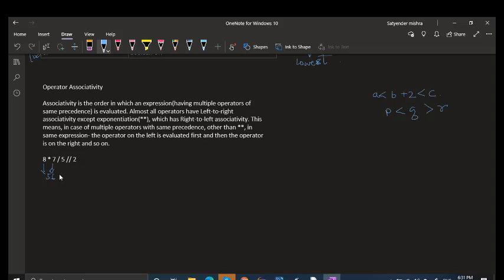Then 56 divided by 5 is 11.2. Then 11.2 floor division by 2 will give 5.6, but as we are doing floor division, the 0.6 part will be removed, and in the answer you will get 5.0.